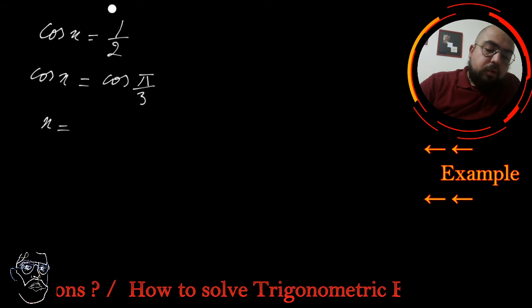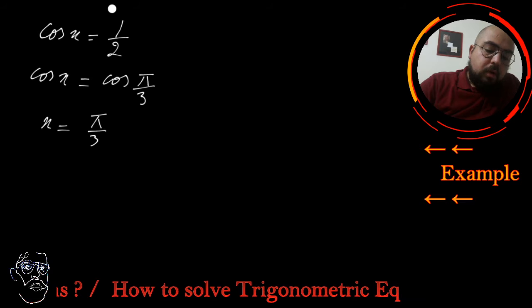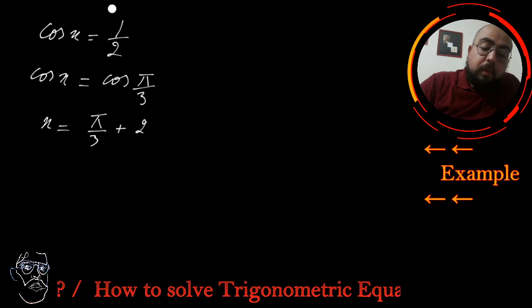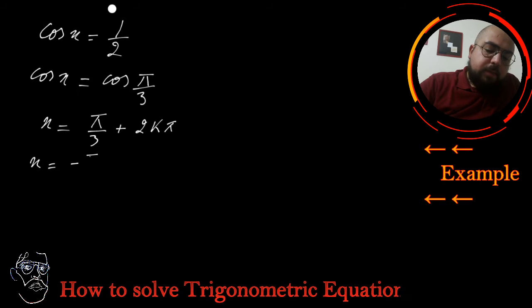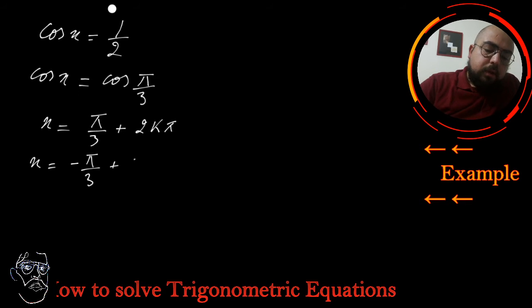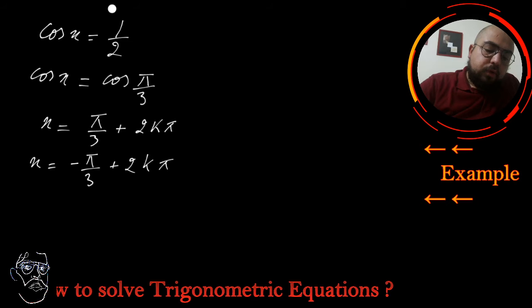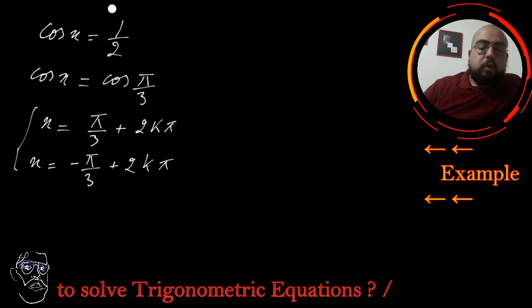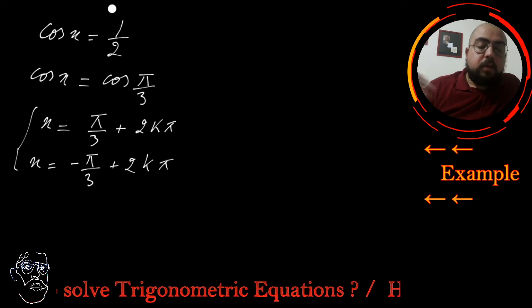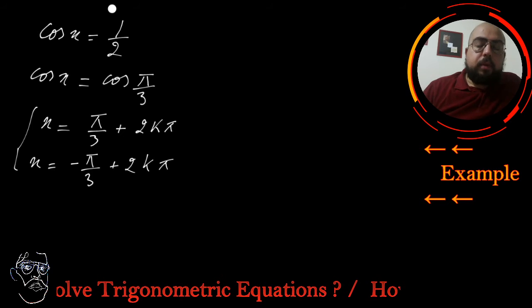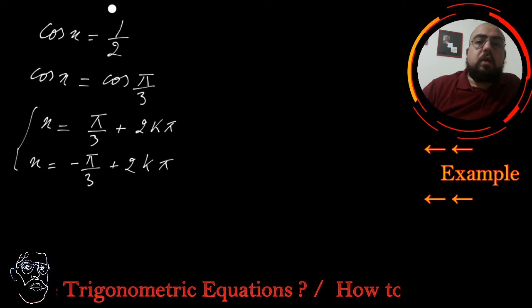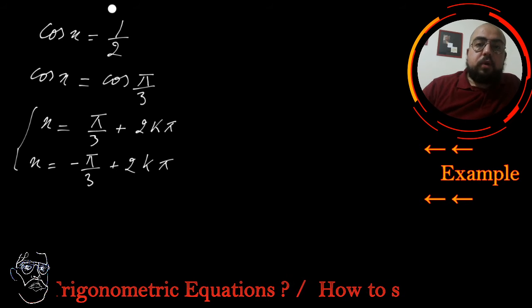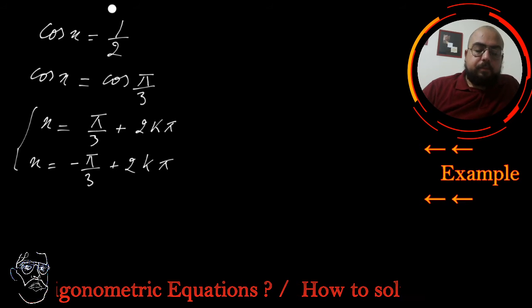X is equal to pi over 3 plus 2k pi, or x is equal to minus pi over 3 plus 2k pi. So you have these two solutions, two roots. And you can use the calculator to check: cosine of 60 or cosine of -60 gives you 0.5. Alright,